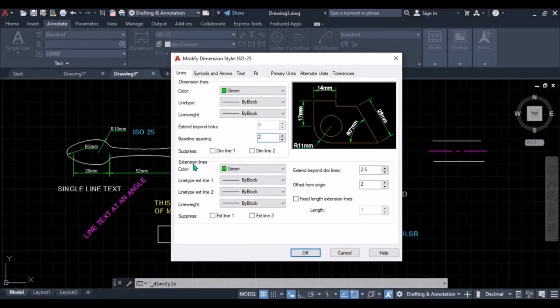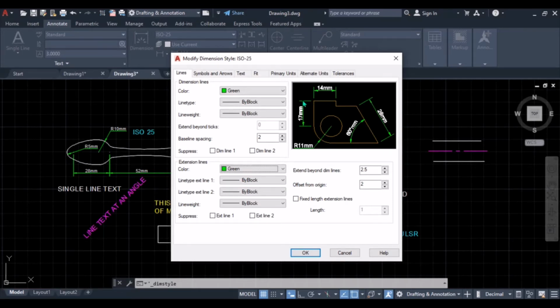Then there are extension lines. You can change the color of your extension lines. See, the red ones are the extension lines. But it is good you keep them the same color. Then line type, leave it on ByBlock. Then there is extend beyond dimension line.